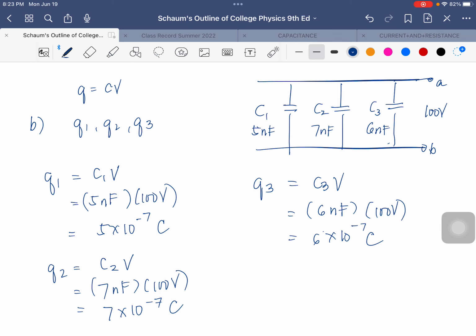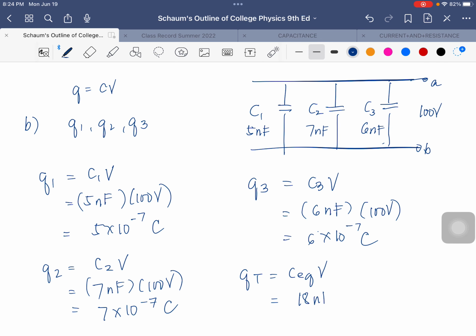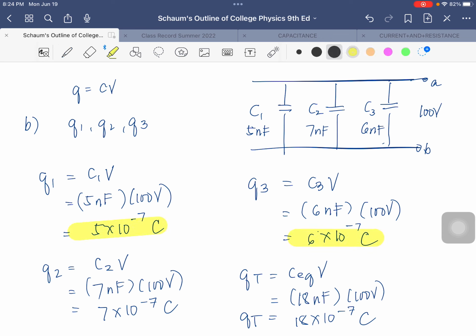If you look at it, that's 6 plus 5 plus 7, that's around 18 times 10 to the negative 7 coulombs. If you want to check, the QT now will be C equivalent times the voltage. C equivalent, we already solved that a while ago. We had 18 nanofarad times 100 volts. Therefore, QT is now 18 times 10 to the negative 7 coulombs, which is also the sum of 6 plus 5, that's 11, plus 7, which is equal to 18. So that's how simple it is to solve